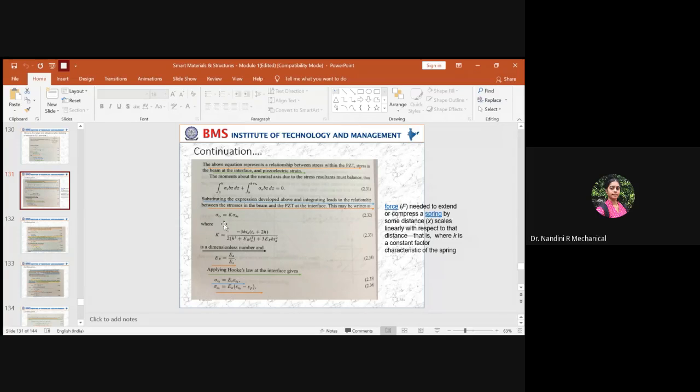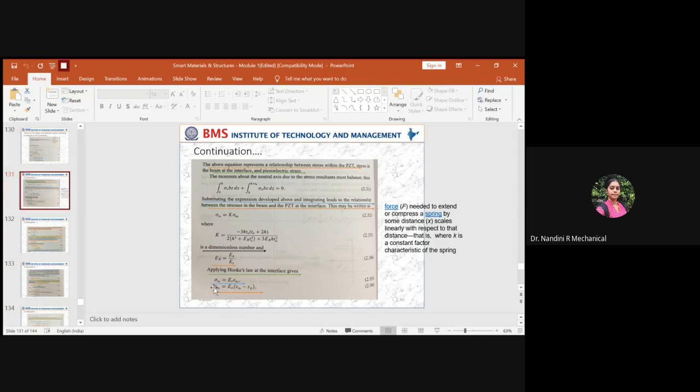So now you have the relation for the stress and the strain. Previously you had the relation between stress of the structure to stress of the actuator, then the relation between elastic modulus of the actuator to elastic modulus of the structure. Now to get an equation between the stress and the strain across the structure or the actuator, you will apply the concept of Hooke's law. Based on Hooke's law, for the structure, this will be the equation: stress along the structure will be equal to the strain induced along the structure with respect to its elastic modulus, which is E suffix S.